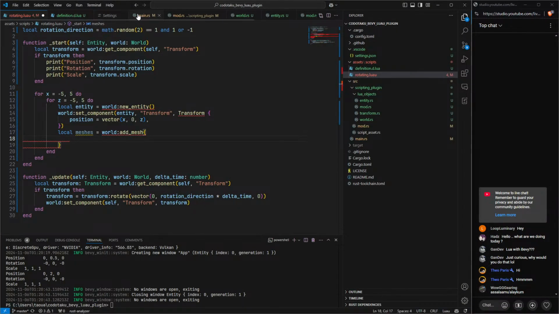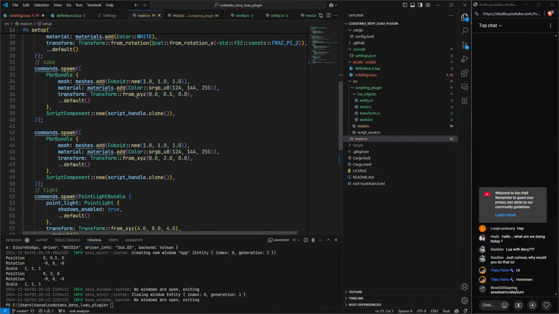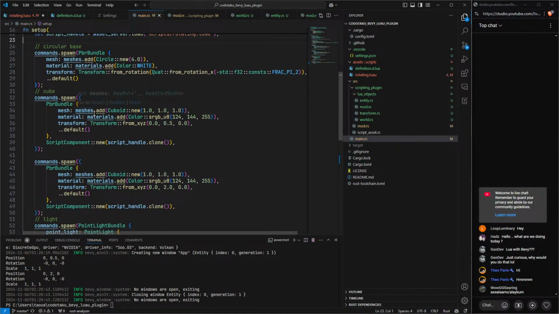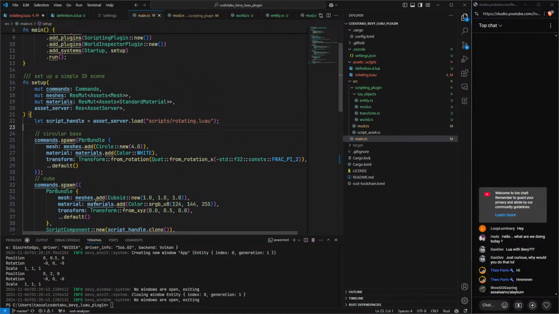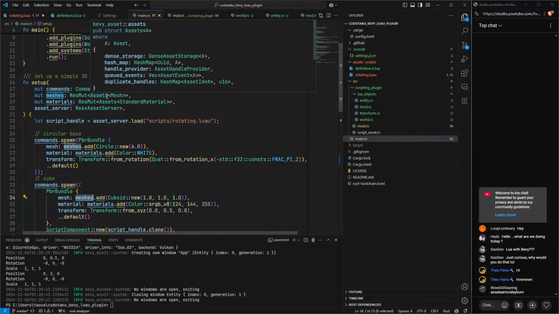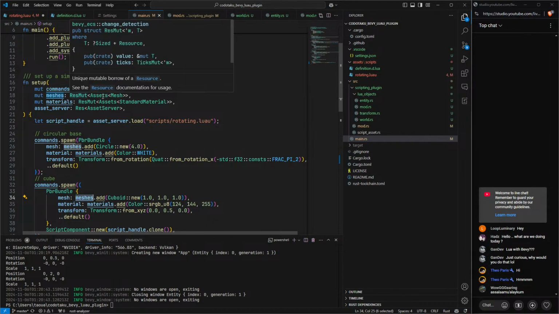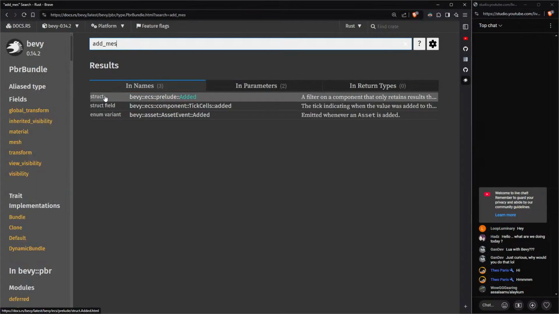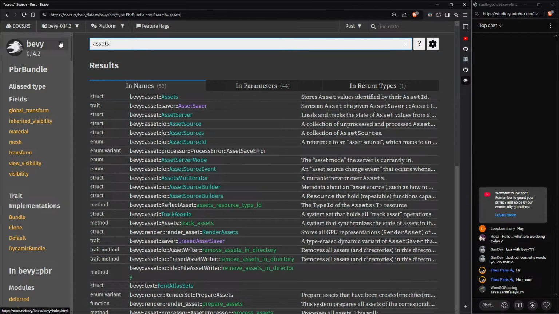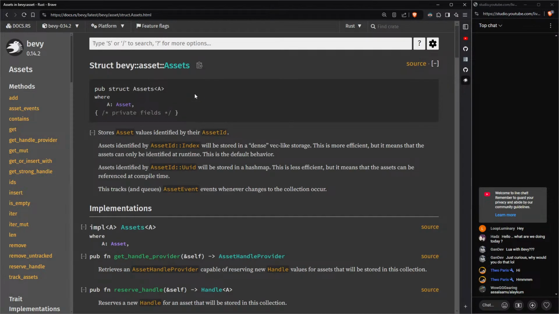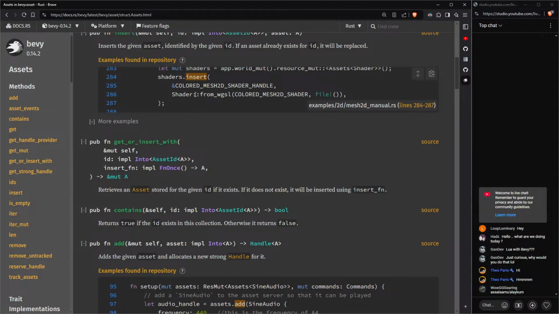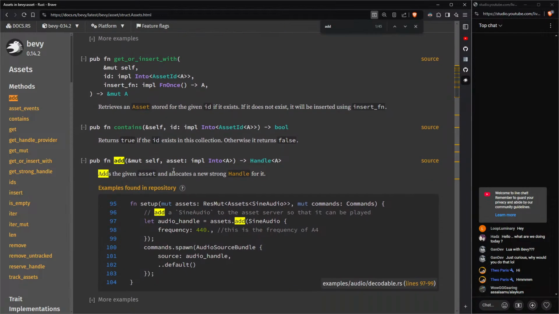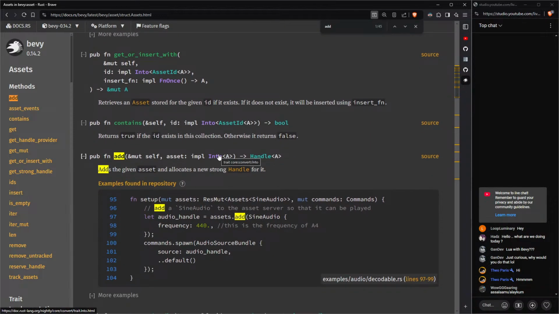Let's go here, main. So meshes.add. Oh, okay. So meshes, ResMut Assets Mesh. So basically assets. Then we got the add function. Import into